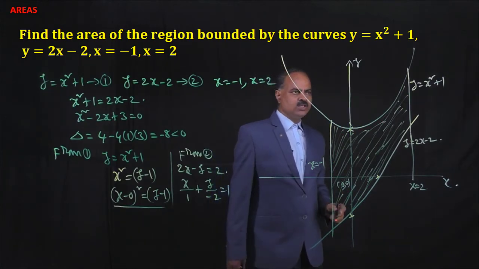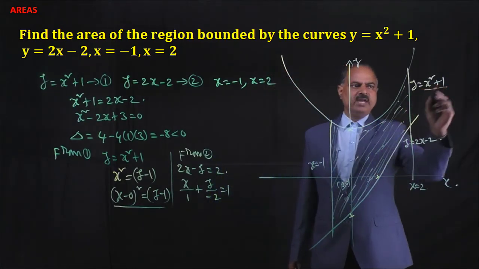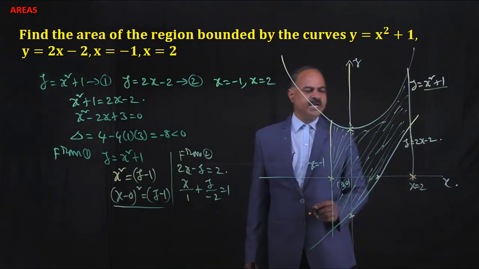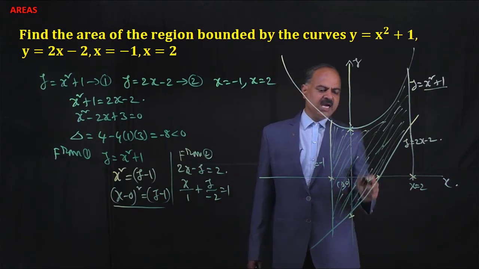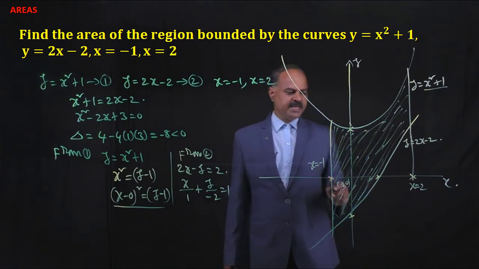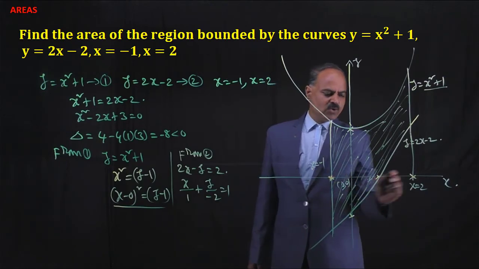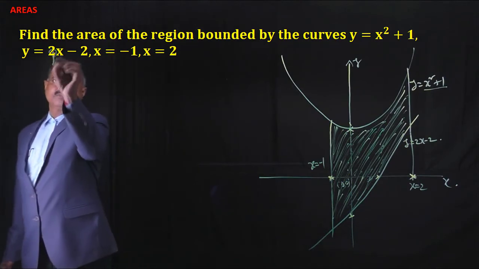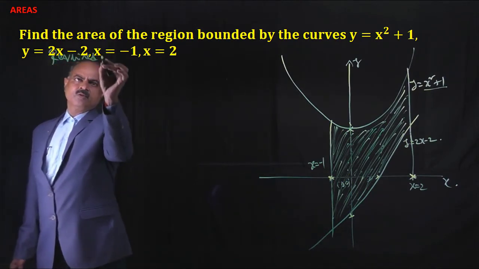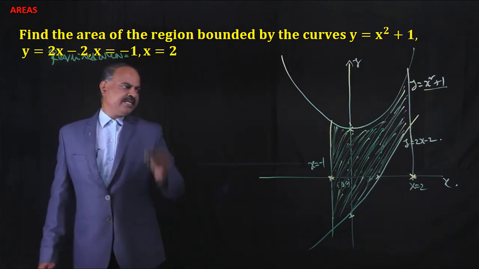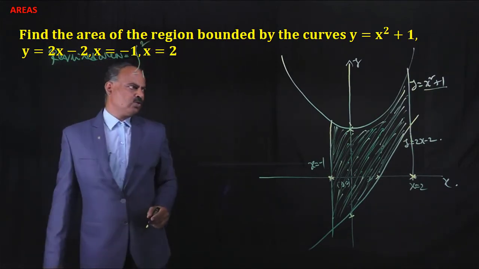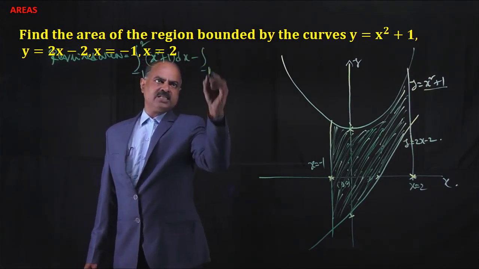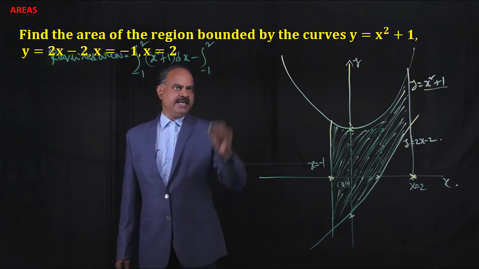Required area is equal to area under the curve y equal to x square plus 1 on x axis between x equal to minus 1 and x equal to 2, minus area under the line y equal to 2x minus 2 on x axis between x equal to minus 1 and x equal to 2. Required area is equal to integral minus 1 to 2 upper curve x square plus 1 dx minus integral minus 1 to 2 line 2x